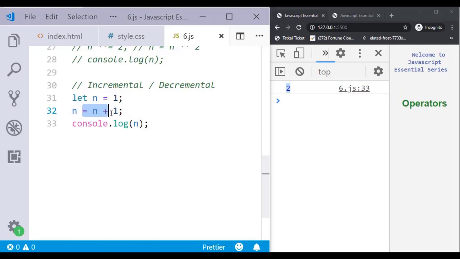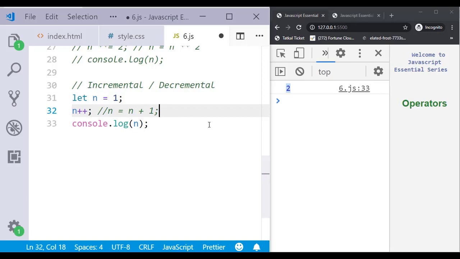Rather than writing like this, we can simply write the short way, that is the increment n plus plus. And mostly this is supported in all programming languages like C, C++, Java, PHP, .NET, everywhere I think it's available. So this got incremented.